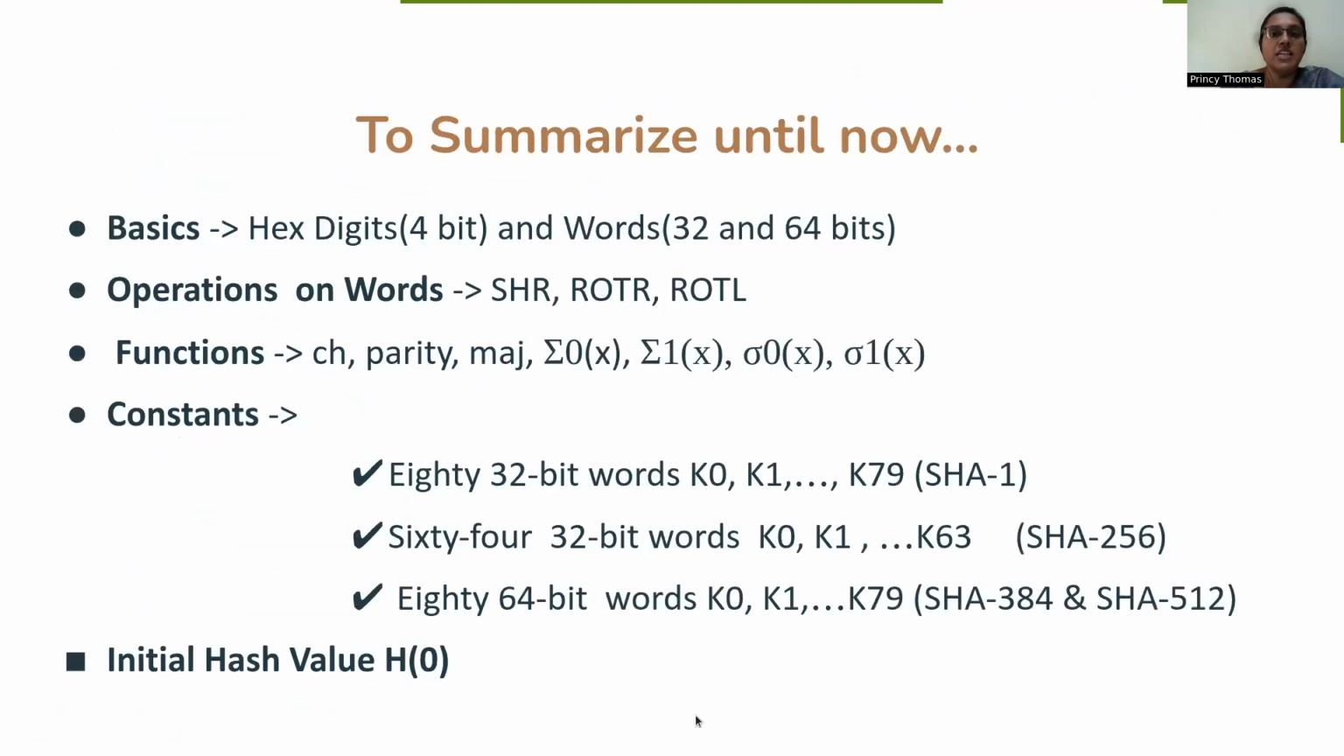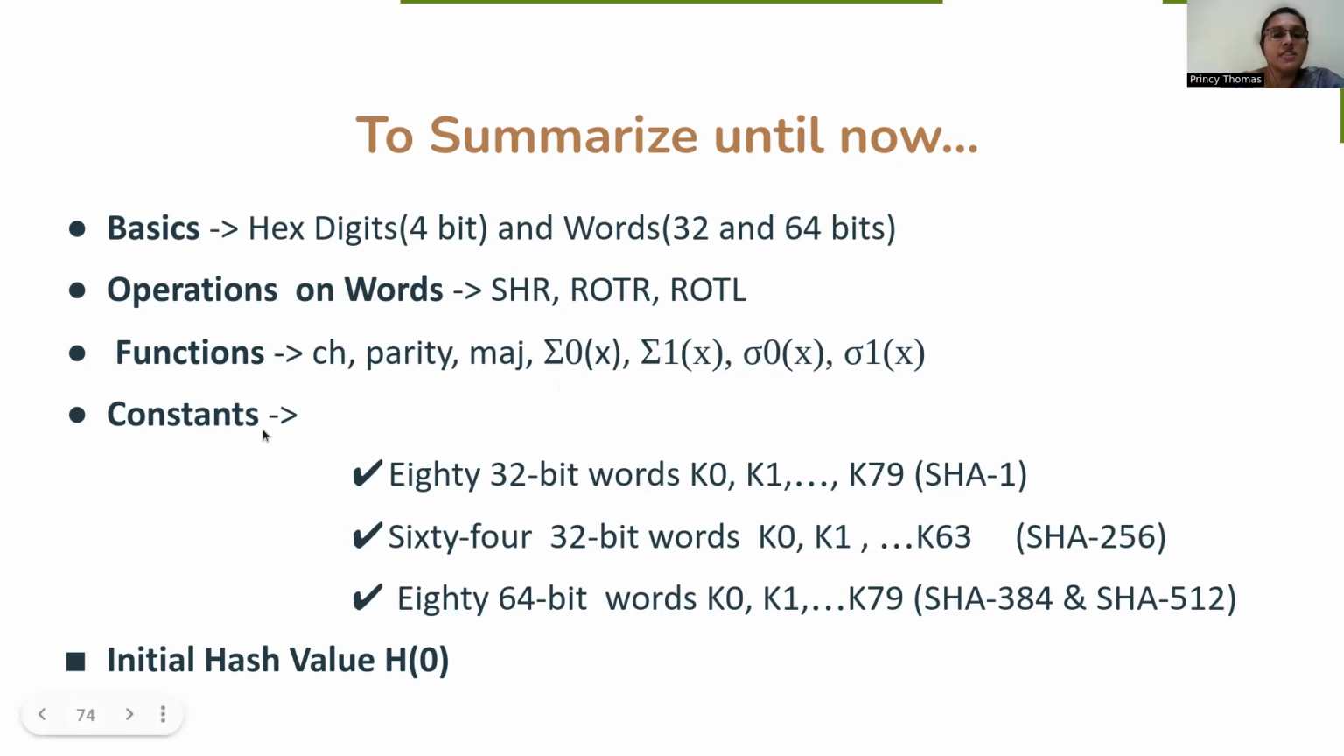Okay, so what do we know till now? We looked at all the bits and pieces. The basics are that in the hexadecimal digest, 4 hex digits is 4 bits, and the words are 32-bit and 64-bit. The operations that are done are shift right and rotate left. Functions are choose, parity, majority, sigma 0, sigma 1, summation 0, summation 1, sigma 0 and sigma 1 of